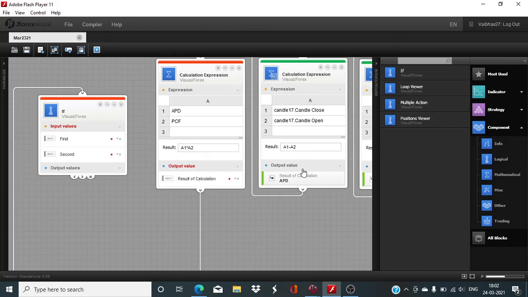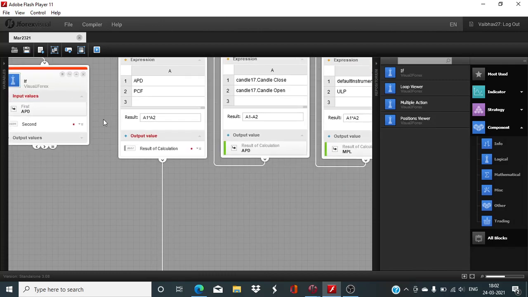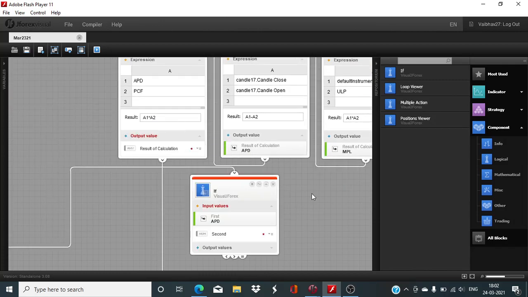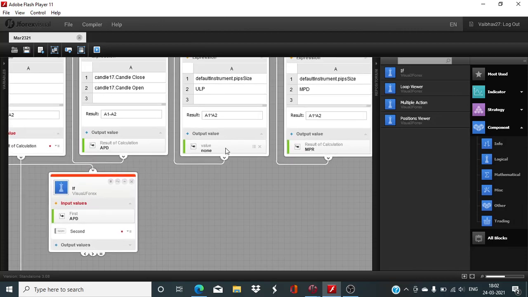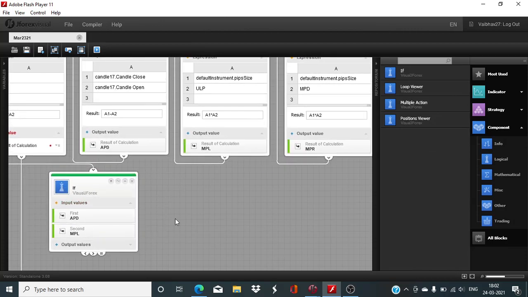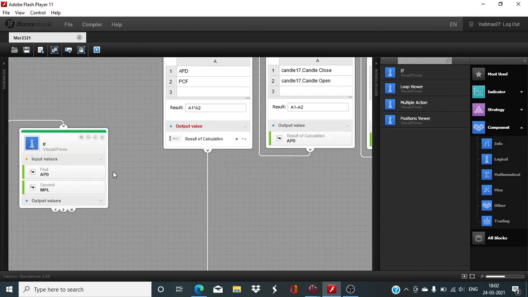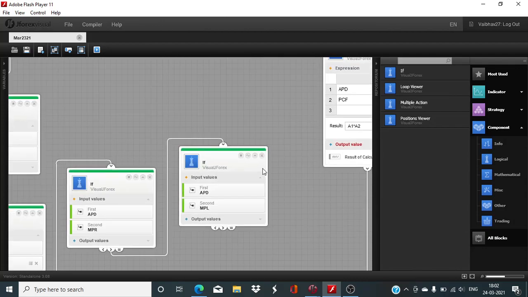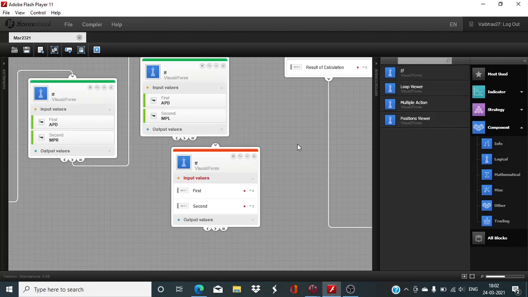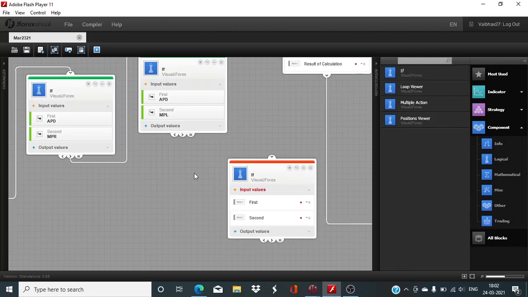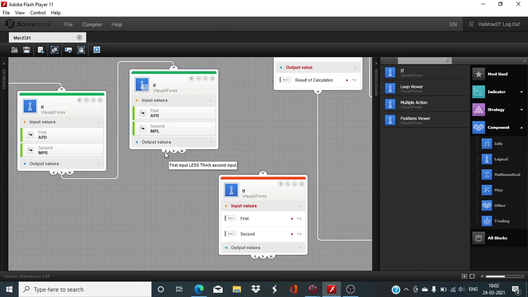And again this should be less than the upper limit of 15 pips. So this will be if first input less than second input,